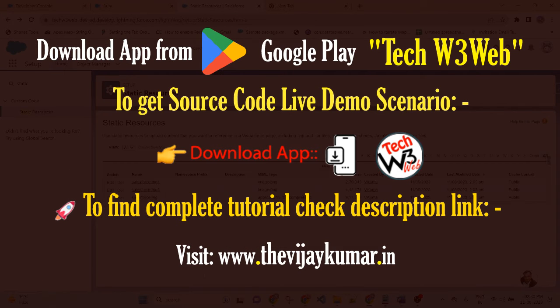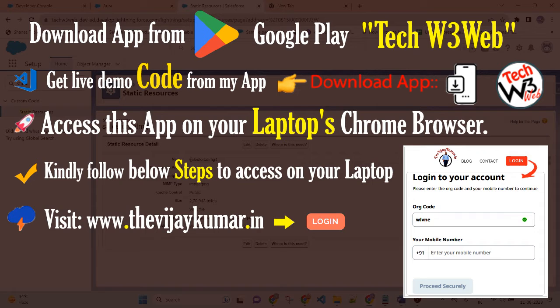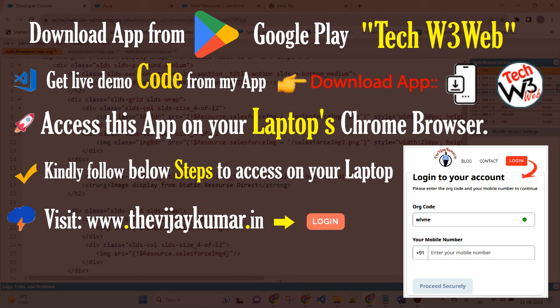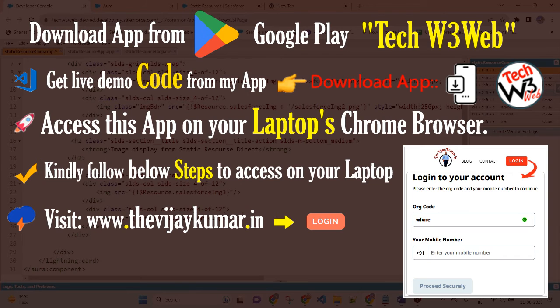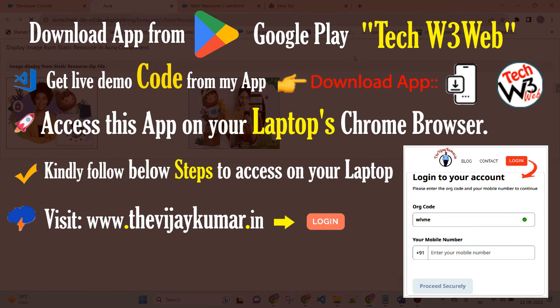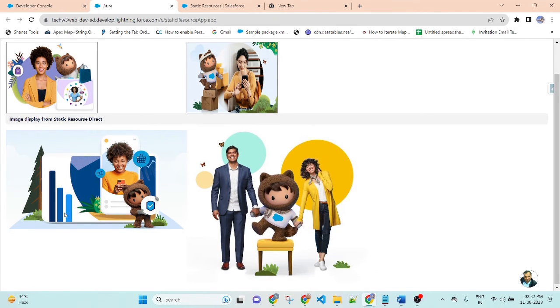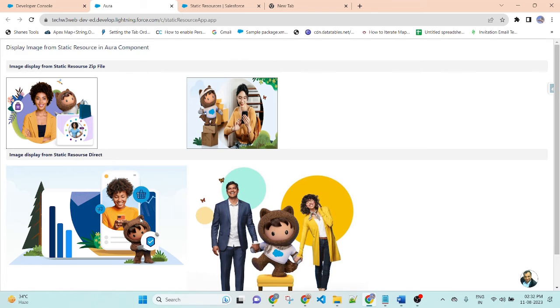So I created two images directly. So this is image 4. Copy the name and paste here. You don't need to use the extension of the image and you don't need to use the zip file because this is the image called directly from the static resource. Now save the component. Now go to the page and refresh. Here you can see both images are displayed in our component,